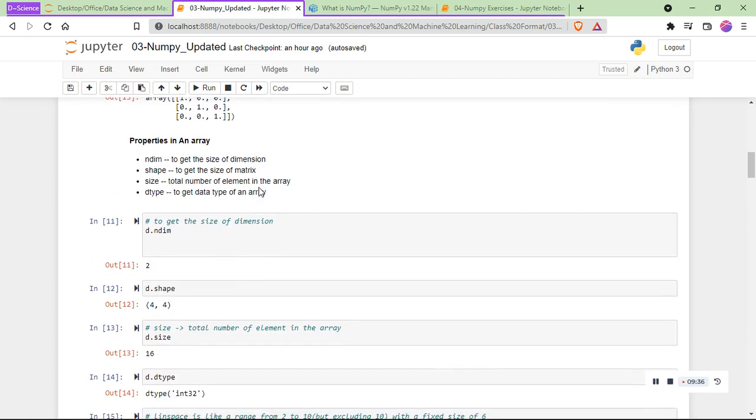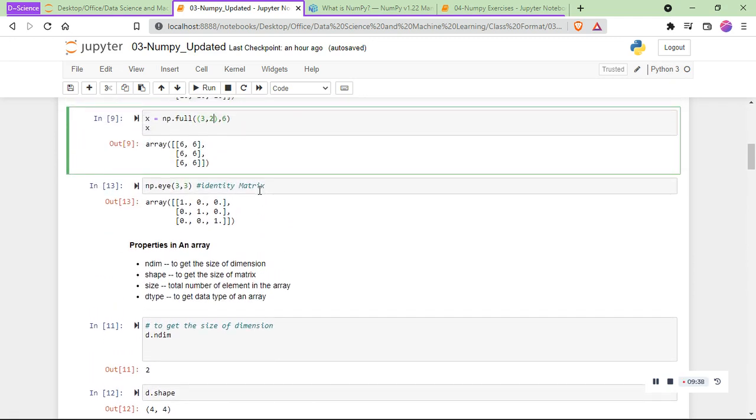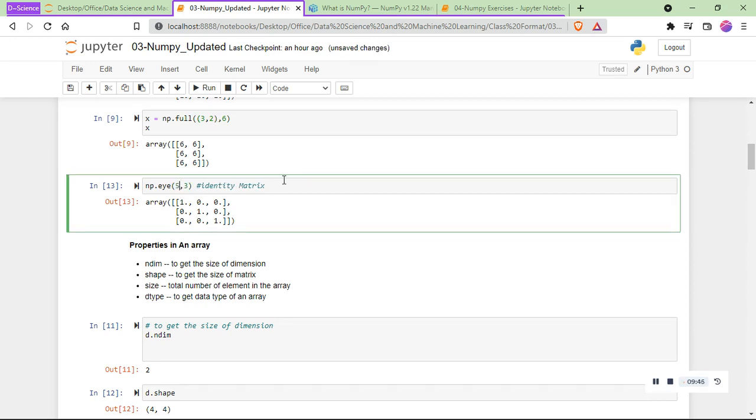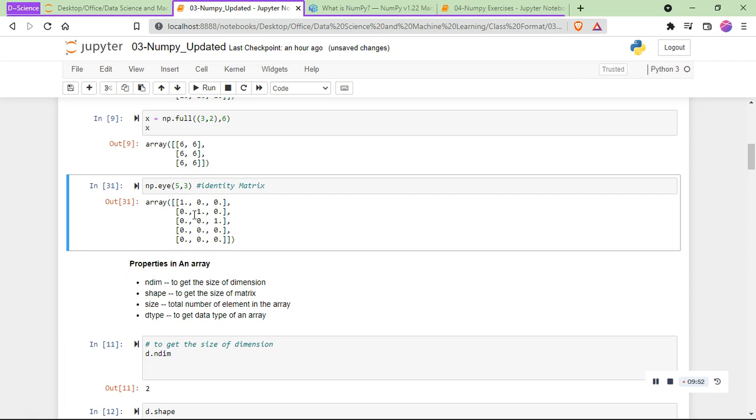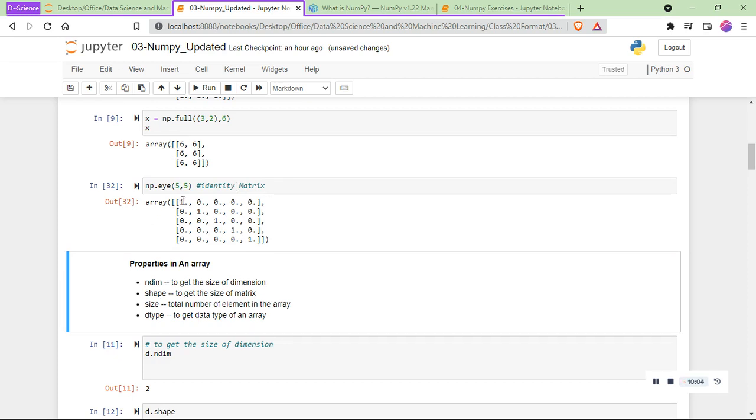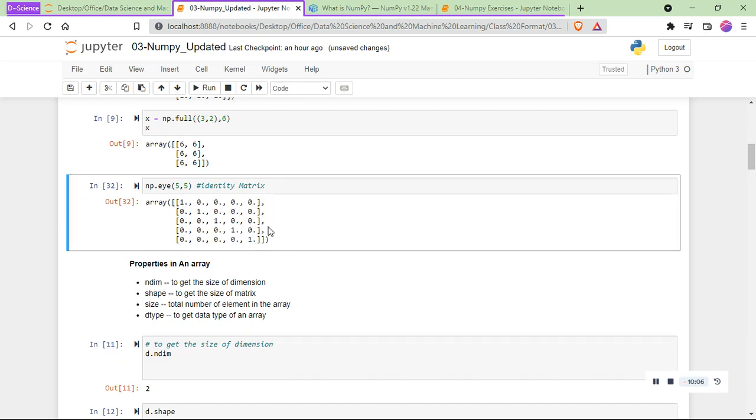Okay, now we have np.eye. np.eye is for identity matrix. That is all diagonals that are always 1. For example, let's look at 5. If we do 5 by 3 matrix, don't forget this is a two-dimensional matrix. It's going to give us all diagonals 1. Let's change it to 5 by 5 matrix. So let's see. See now all the diagonals are 1 each of them, and by default the data type is